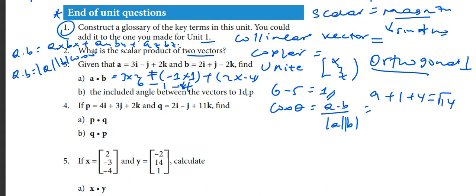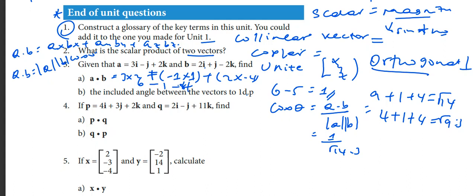This is square root of 14. And b ስንል ደግሞ this is 4 plus 1 plus 4. This is 9, square root of 9 which is 3 ማለት ነው። Therefore a dot b 1 አግኝተናል over square root of 14 times 3 ማለት ነው።